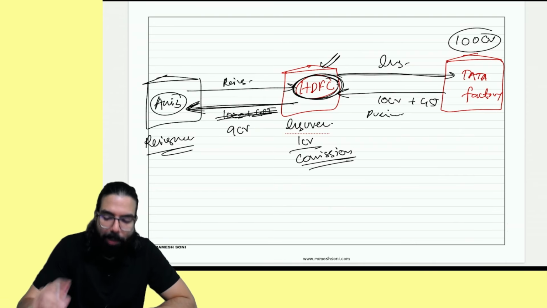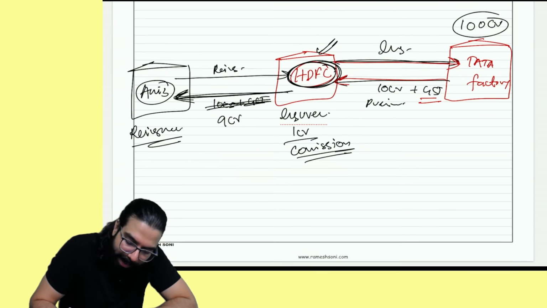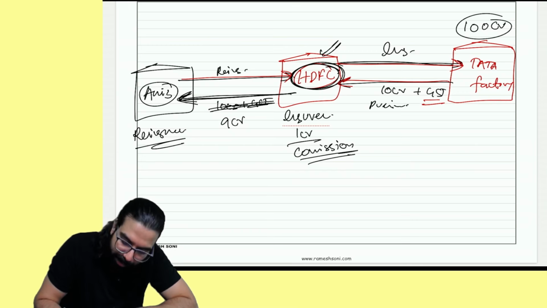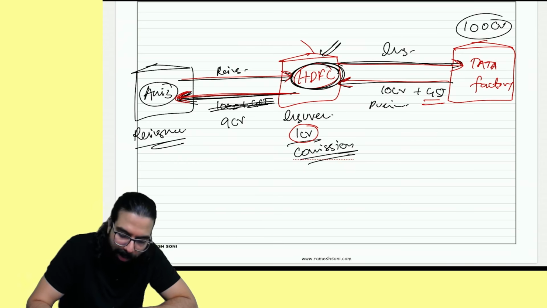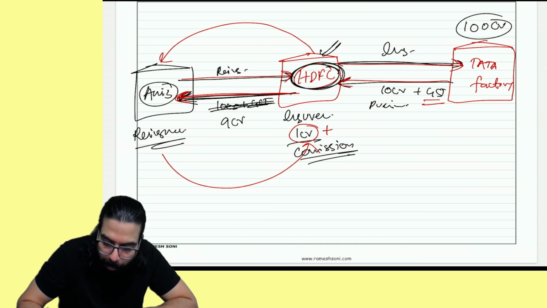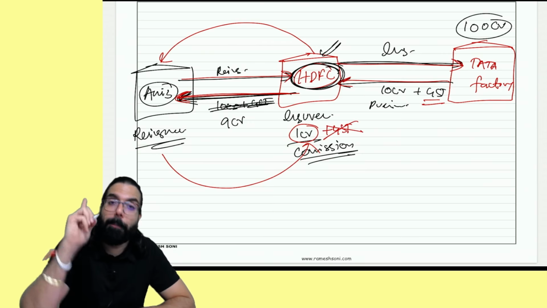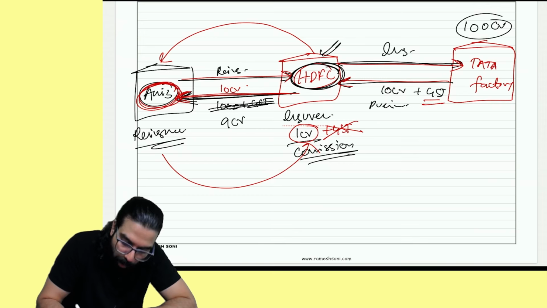In this scenario, what the government is trying to tell is, see, you gave insurance service, you collected the GST and you paid the GST to the government. Now, when he is giving you reinsurance services, out of the 10 crore, 9 crore you have paid him, and the 1 crore rupees commission which is there, you have given him a service for which you have kept your 1 crore rupees. On this 1 crore rupees, GST is not required to be paid, provided this guy collects 10 crore rupees and pays GST from you. Meaning he should pay GST on the entire 10 crore rupees.